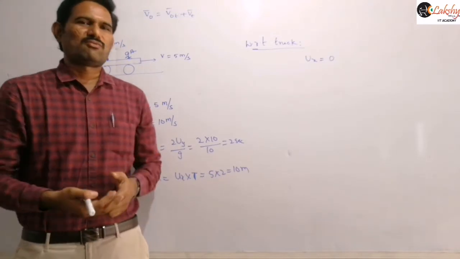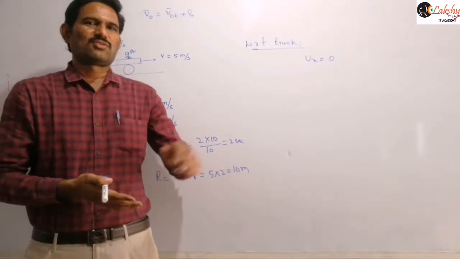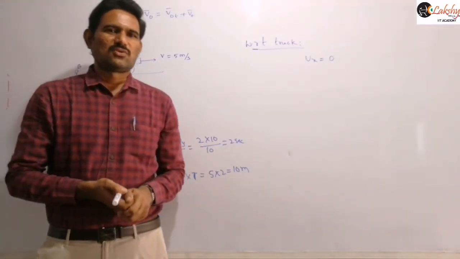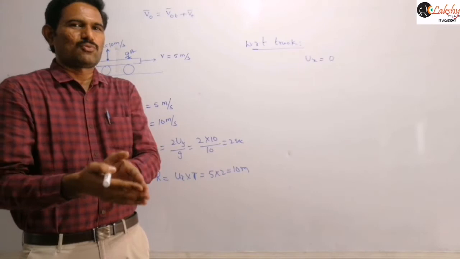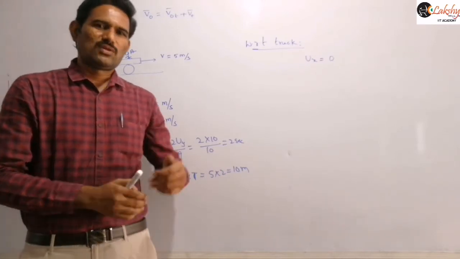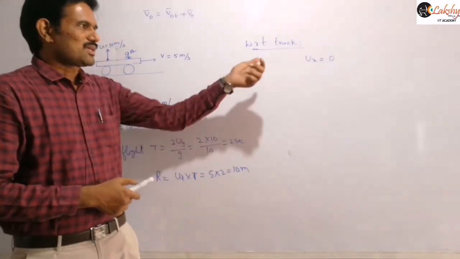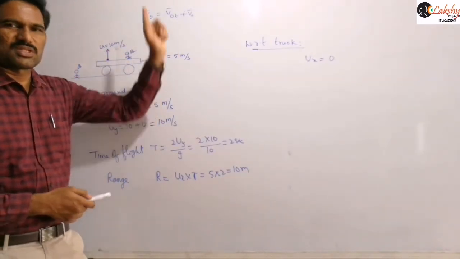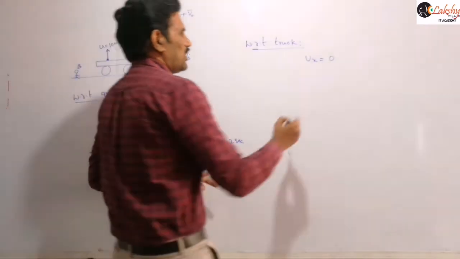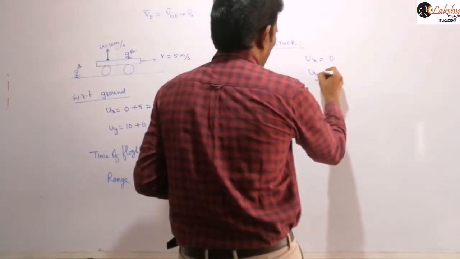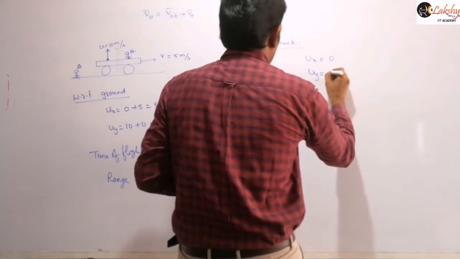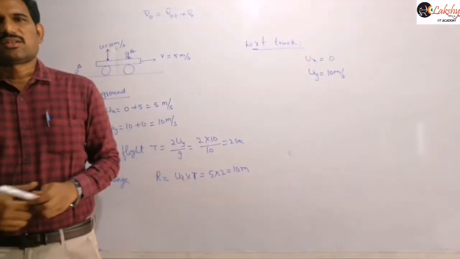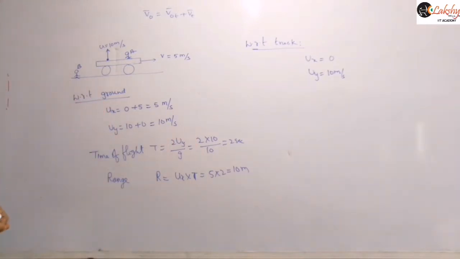Like suppose you are traveling in a car, and the car is moving with uniform velocity. So the velocity of the car with respect to you is 0 only, or the velocity of the co-passenger with respect to you will be 0 only, right? That is the case here. So this horizontal component is not there when you are projecting the object vertically. And here uy is equal to 10 meter per second, as the object is projected vertically only. That is our vertical component of velocity here.